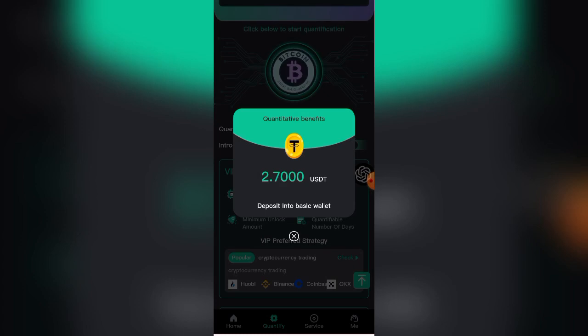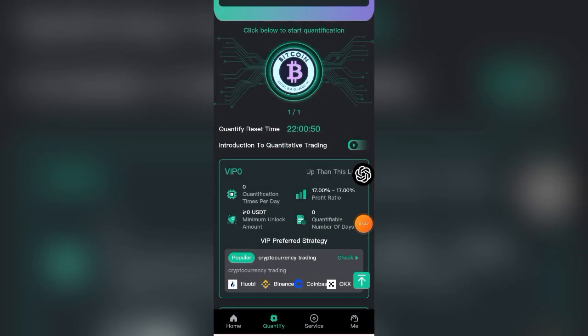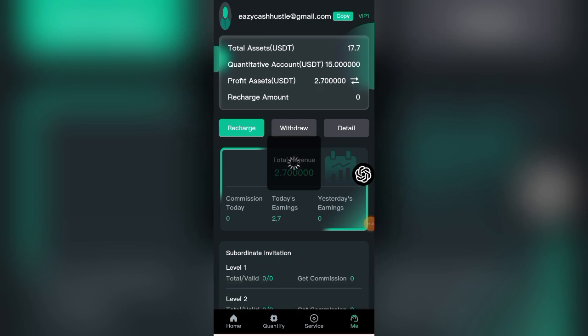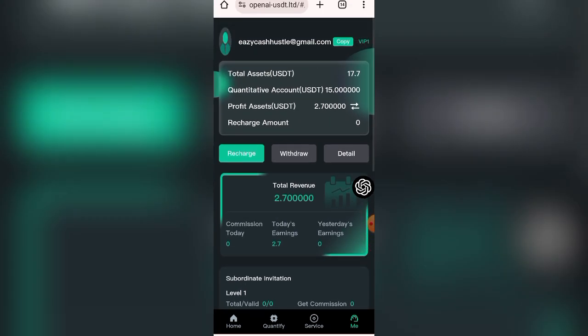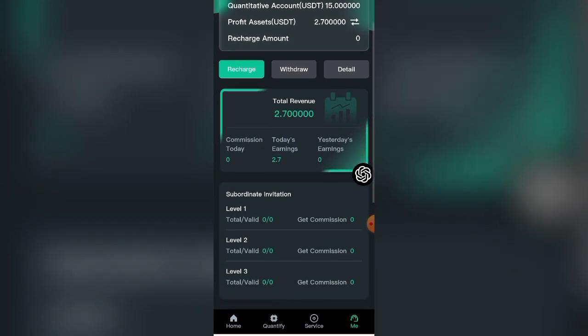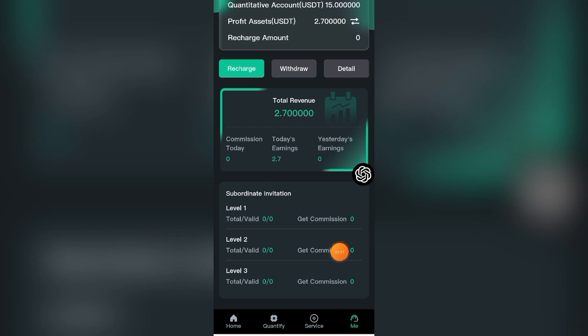Watch me now. Let me withdraw this 2.7 USDT. Now this is free money. I'm going to withdraw this for complete 365 days. So if I want to withdraw this money now, all I need to do is just to click on me here, and if you can see I have 2.7 USDT here, which I'm going to withdraw to my wallet address